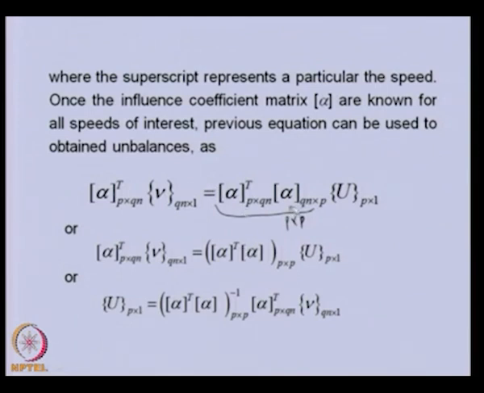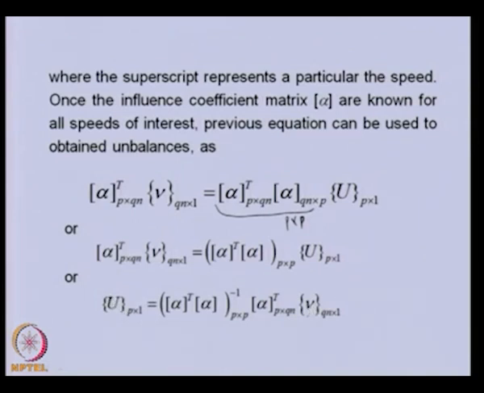And now it is a square matrix, and this is written here, this is a p into p. This can be inverted now. So to get u, we need to invert this particular matrix. So we inverted here, and we multiplied by the alpha, this one, and v. So you can see, we can get the residual unbalance in p number of planes